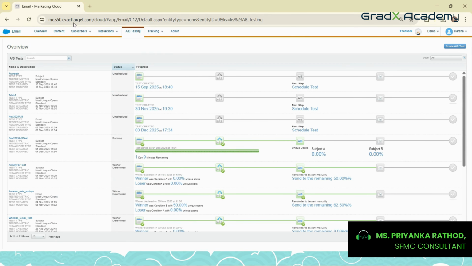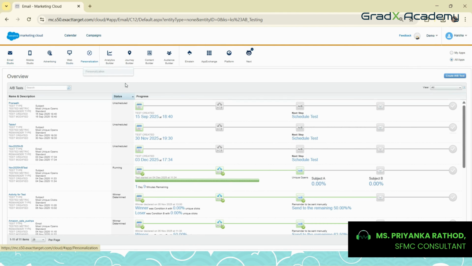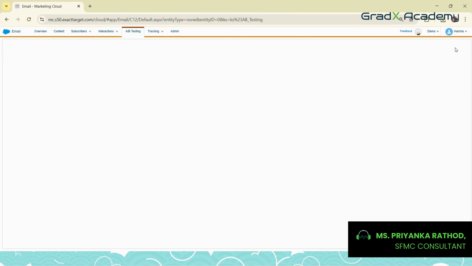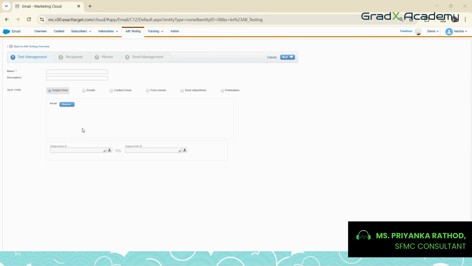So we saw that from Email Studio we came to this UI. Now if I click on create A/B test, it will take some time. While clicking on this, we'll have this page. Now I want to give a name to my A/B testing. Suppose I give this name,